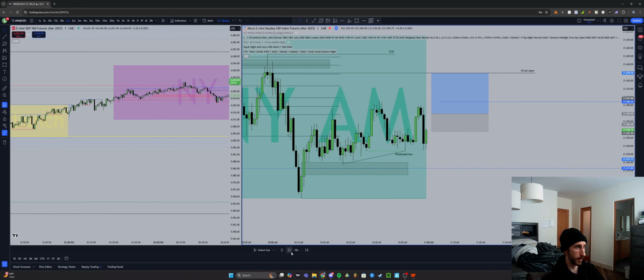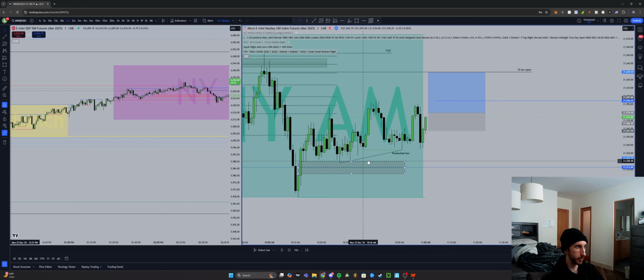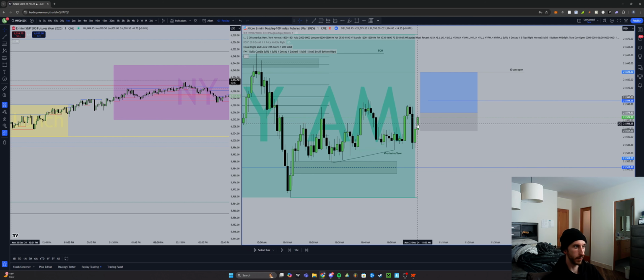We're patient. So what happens? Boom, we create a fair value gap. And now we have this protected low. We had a retrace that stopped out these longs here. Everyone that was long here had their stops here. They got ran out, right? And now we have an inversion. And look what time it is. Oh my God, it's 11 o'clock.